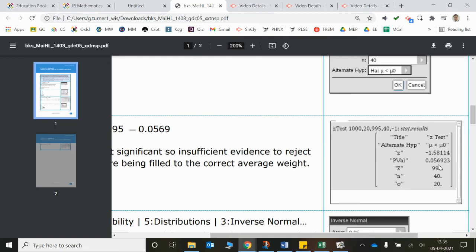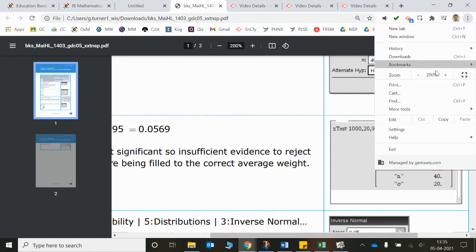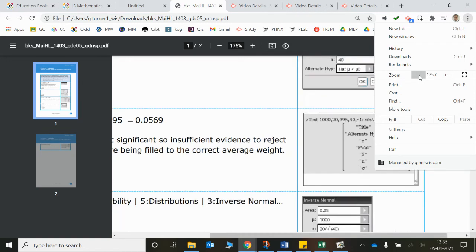Then they've got the p-value here, so they're going straight to the p-value. And then they've got the things that you put in, of course. So they've got the x bar, they've got n, and they've got sigma as well. So everything here is just the stuff that you put in. You can ignore z, and then you can go straight to the p-value in this case, which is above 5%. So therefore, we reject the alternative hypothesis. Okay, so that's giving you the p-value version, but it is not giving you the critical region value,